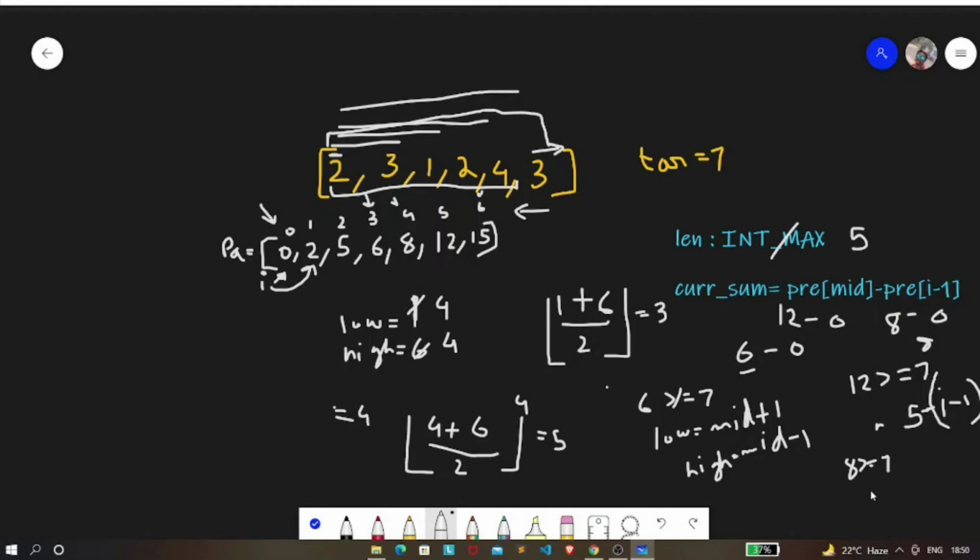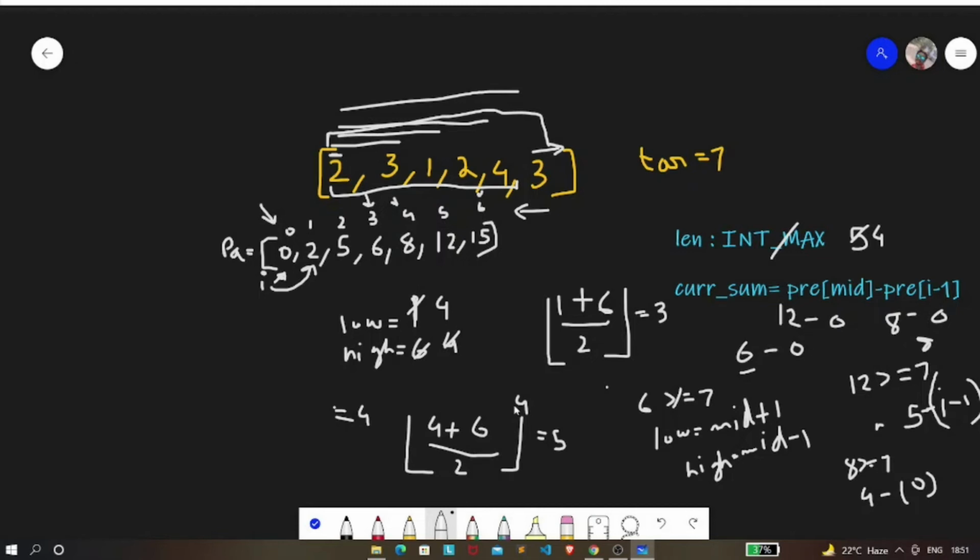Our mid is currently 4, so it is 4 minus I minus 1, that is 0, so it will be 4. We know that 4 is less than 5, so it will be updated to 4. And since this condition is satisfied, that is 8 is greater than or equal to 7, we need to update our high pointer.